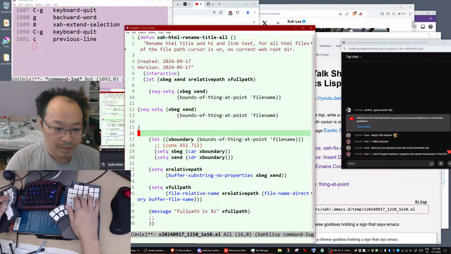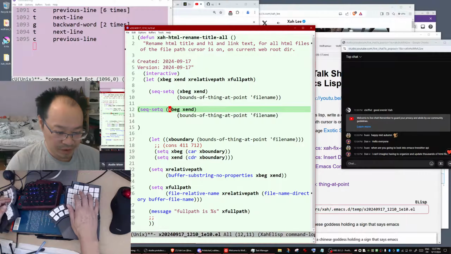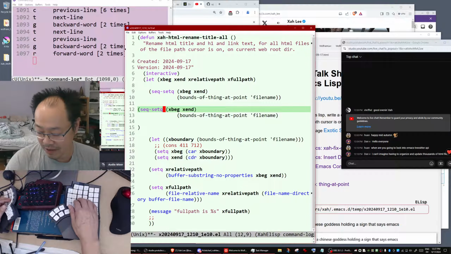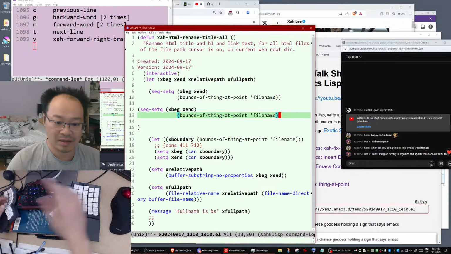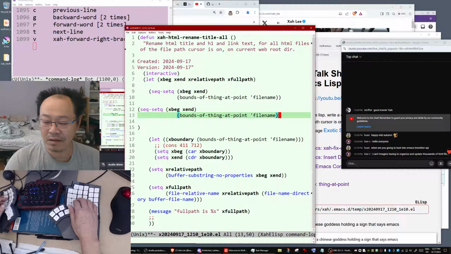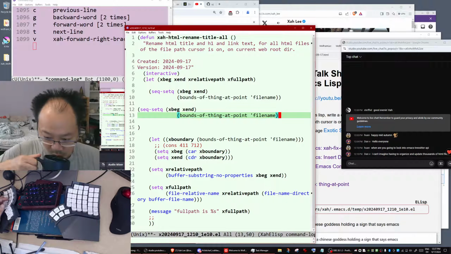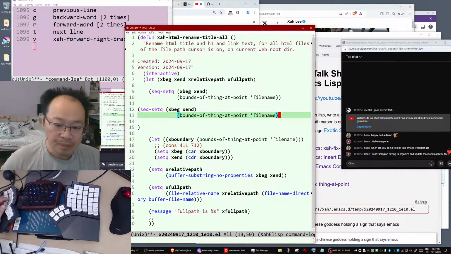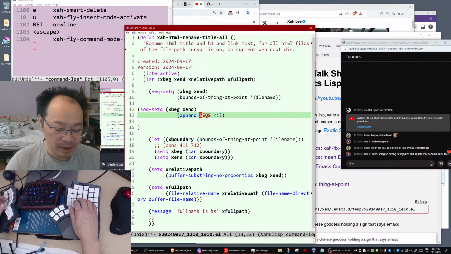Anyway, if you want to use this set-sequence form, what you can do is convert this thing into a list. The easiest way is just to say append. Okay, append.